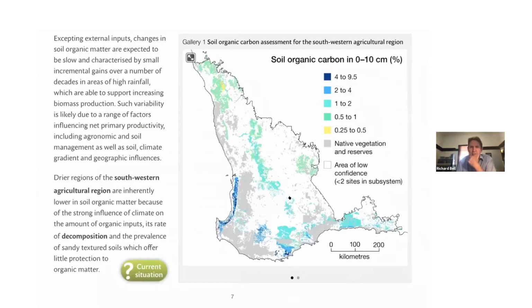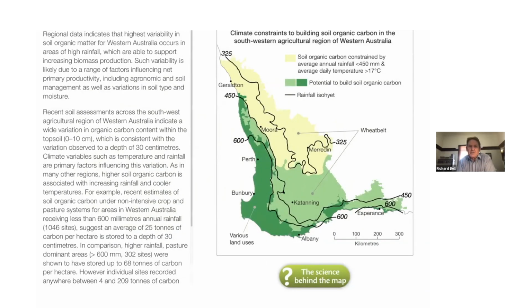The organic carbon in soils in Southwest Australia has been mapped to some extent. This figure here shows areas where they have reasonably good records of the organic matter level, but you can see that there are large areas where we just don't have enough data to say for sure. But what we can see already is that close to the coast, where the rainfall is higher, the stocks of carbon in the soil are higher than as you go inland into the drier areas. And that tells us that the rainfall is really a big driver of what's going to happen here.